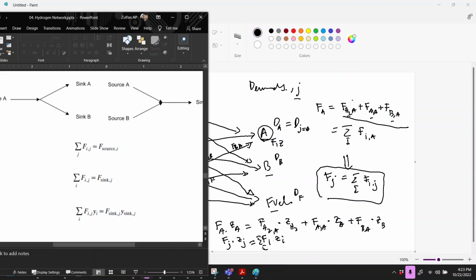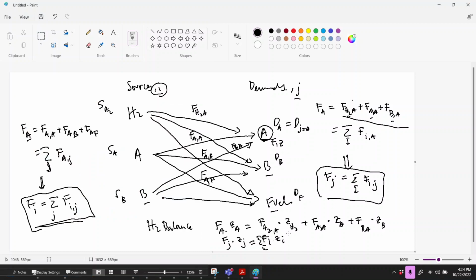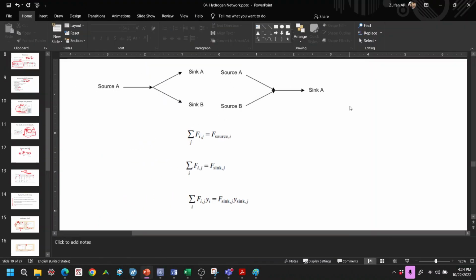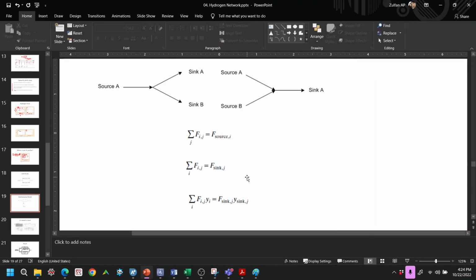It's the same thing. So the summation of I over here is then I, and then the Zi, the concentration of I, and the stream is then Ij. This one I forgot to put, because this I is the hydrogen, and then the A, and then the B, and J is what we have, for every J. So these are the three mass balance equations that are required to solve this in linear programming. These are all linear, and then we can